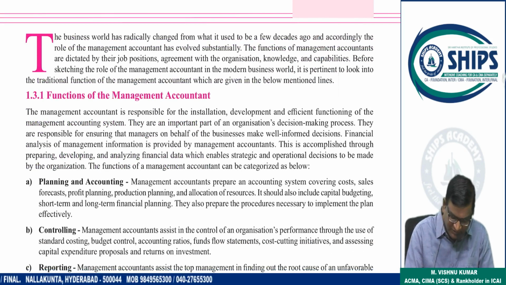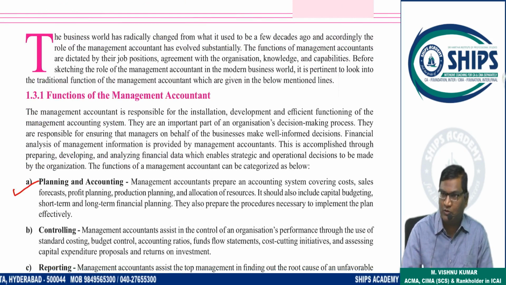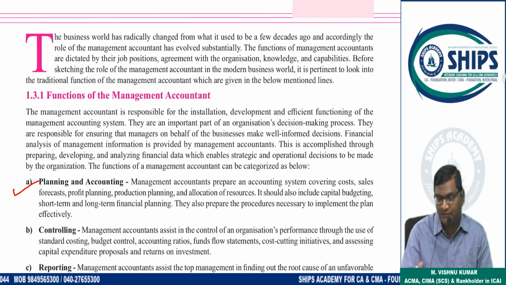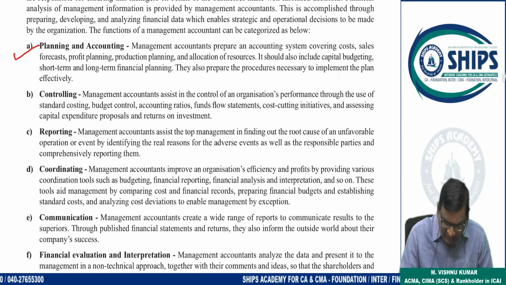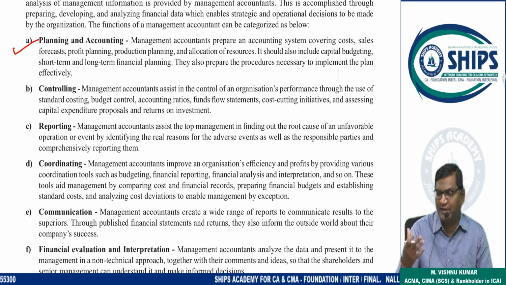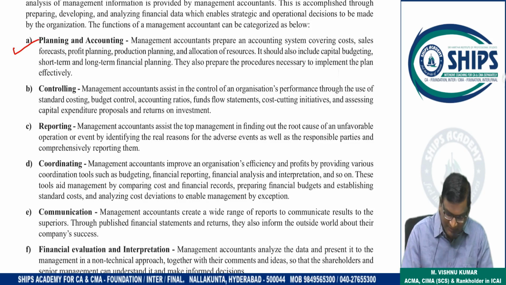So the first function will be planning. Planning will be for short term also, long term also. In some cases planning will be required for short term, in some cases for long term. Clear? And once a plan is made, it has to be implemented, which is the next stage. We will make 2-3 different types of plans thereafter. Once the plan is approved by higher authorities, it will be implemented. So implementation is the next part.